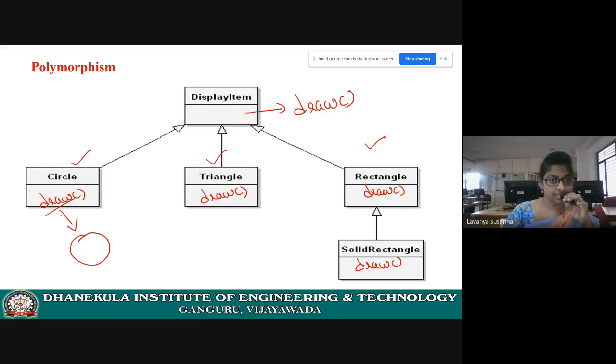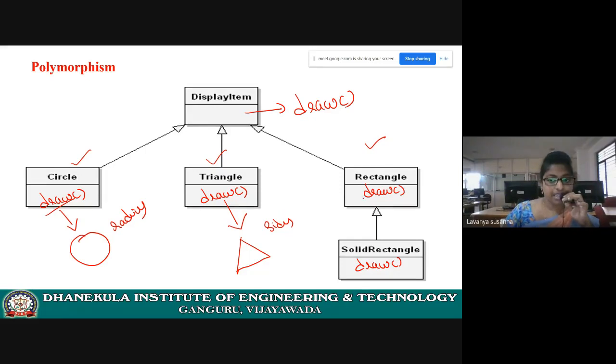Same method in this class. In this class, what this method is doing is drawing a circle, for which you have to provide the radius and coordinates. Next, what is this draw method doing in this triangle class? It is drawing a triangle. Same method but exhibiting different behavior, drawing different shapes. Here the input will be the sides, you need to give the side coordinates.